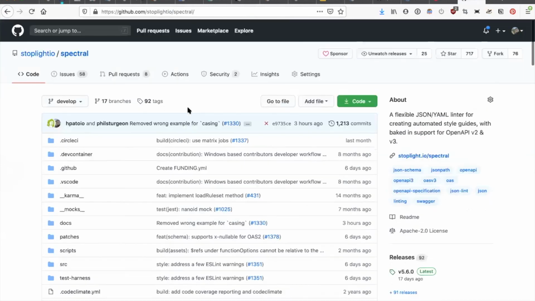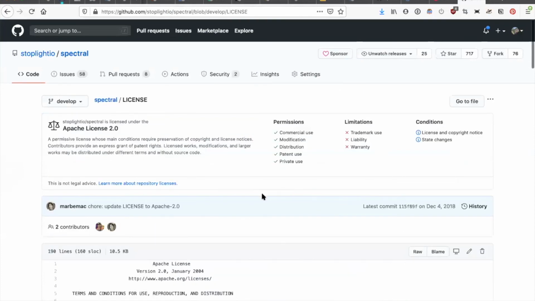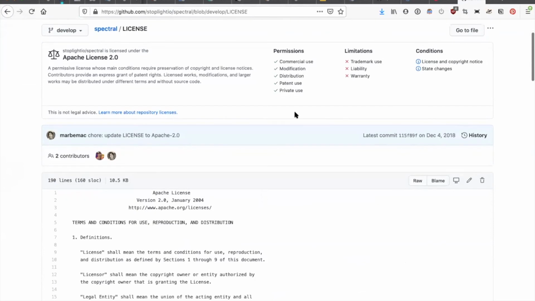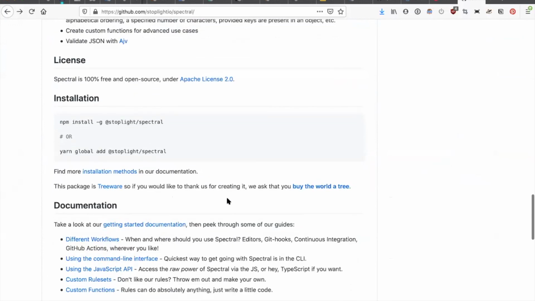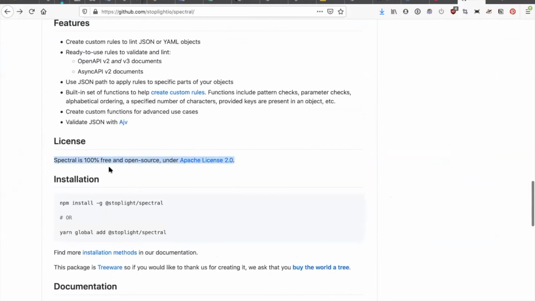The license is MIT. Oh no, sorry, I was wrong. It's the Apache 2 license. And again, it will teach you everything you can do with it here, but they've got their summary up top. And yeah, we're not liable for anything that goes wrong. There's no warranty if it breaks. Just send us a bug report and we'll try and get to it. But yeah, you can use it for commercial use, modification, distribution. So you can use Spectral inside whatever type of continuous integration system you've got. And you can npm install it or use Docker or use whatever you want. It's all just free and open source.